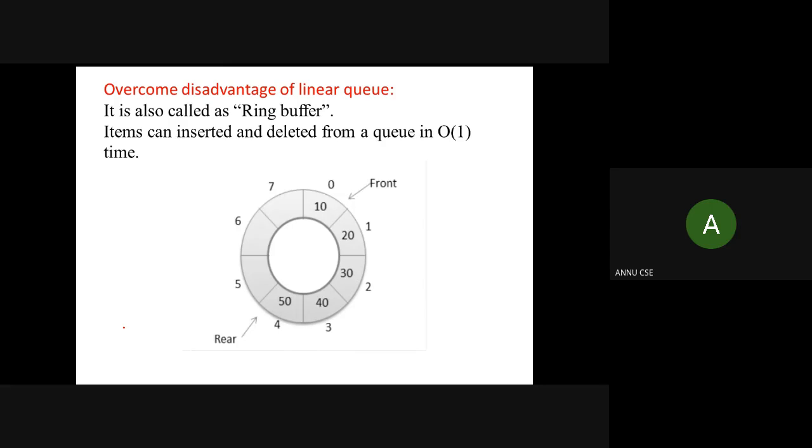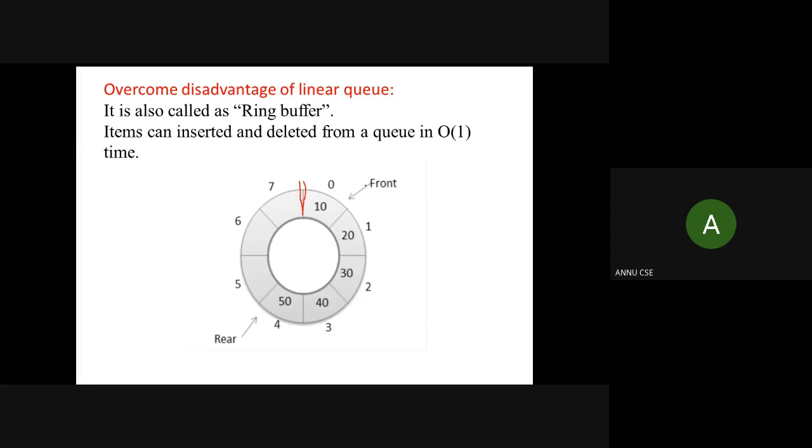So what we basically do in a circular linked list is connect the first element and the last element by storing the address of the first element in the last element. By following the same way, we can make a linear queue perform in a circular manner by just connecting the last index and the first index.